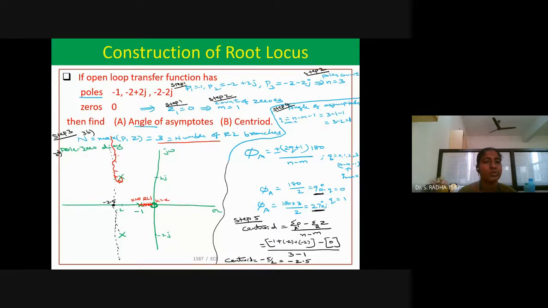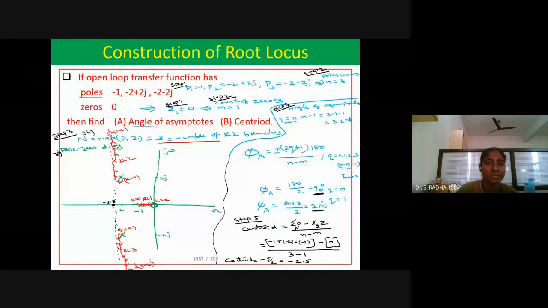I'm not able to draw it properly, kindly excuse. Here you can take another root locus branch with free hand, no scale, nothing. The starting point should be from the pole, so you have to put an arrow mark away from the pole. And we are assuming zeros at infinity, because shortage of zeros means we have to assume them at infinity. Starting point K value 0, ending point K value infinity. This is root locus branch number 2 and this is root locus branch 3. Starting point K value 0, ending point K value infinity.